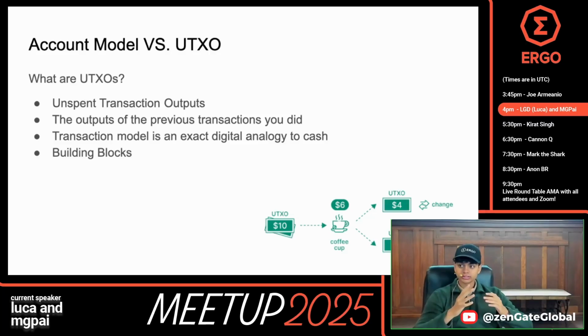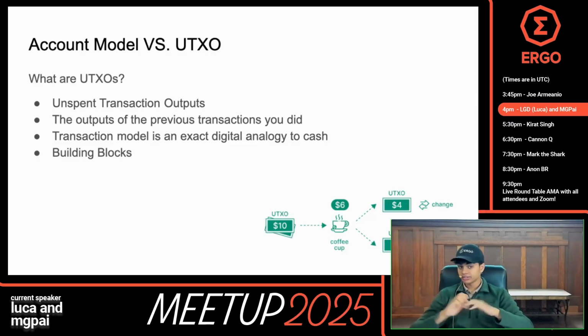And this $4 is completely new, right? It's not the original bill, it's just completely new. The $10 I had, it's gone. So this is how you can think of the UTXO model. When you have an input, it always must be spent. It's always unique. You cannot spend an input more than once. Unlike cash, I guess, like the cashier could spend it in other places, but in the UTXO model, it can